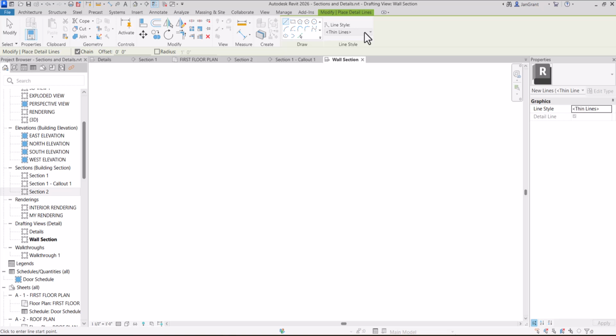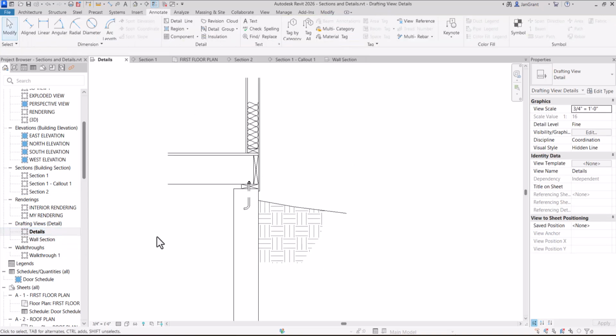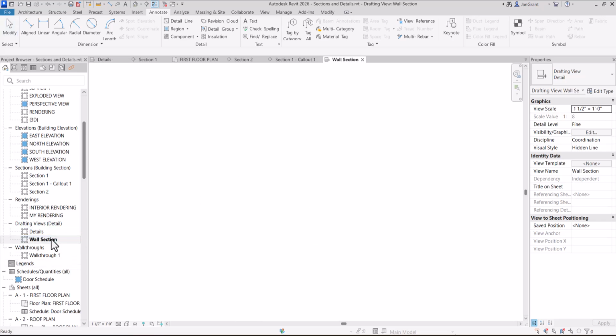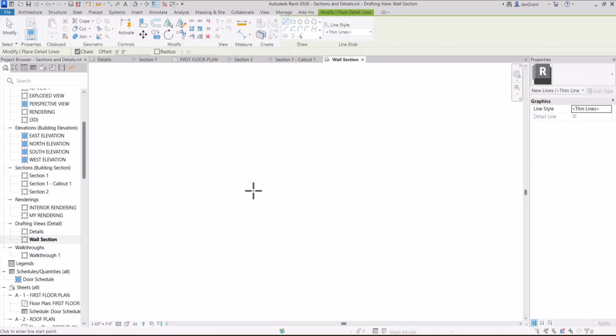So you're just really ready to draw. So I'm just going to click a point. This is something that we're going to do together for this assignment. We're going to actually draw this so that we can build out this portion of this wall section. Okay. So we'll start the detail line, and just going to pick